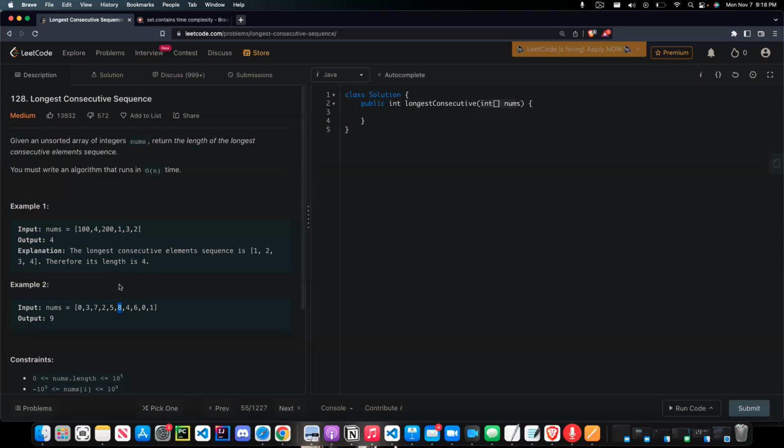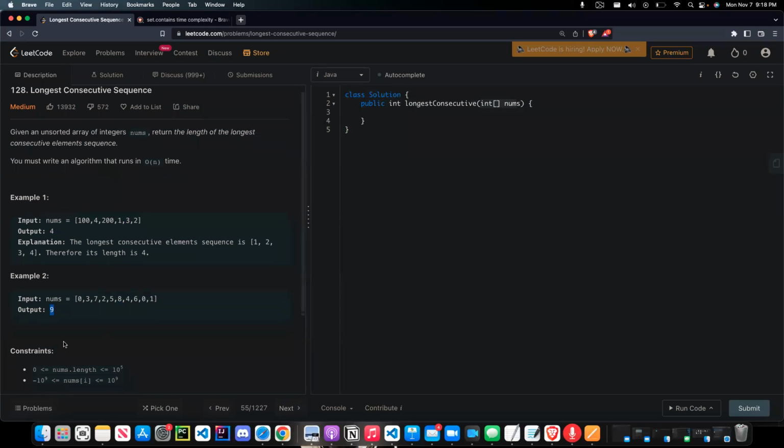making 9 the longest consecutive sequence. In terms of amount, the longest consecutive sequence is of course each member that contributes to that sequence, but the numerical amount of how many members that sequence holds is 9, and therefore that is our answer. So the way that we're actually going to solve this problem is